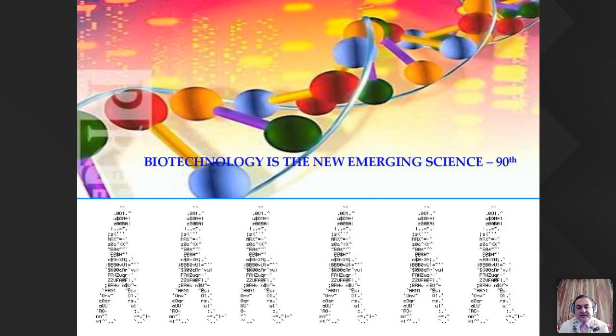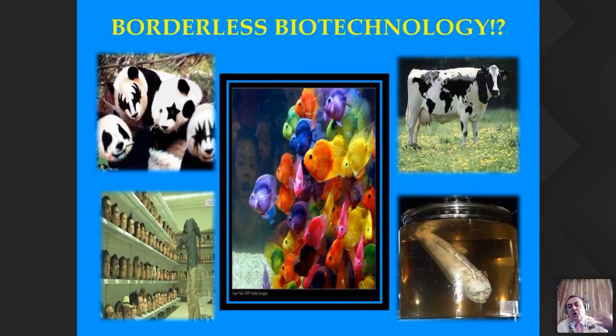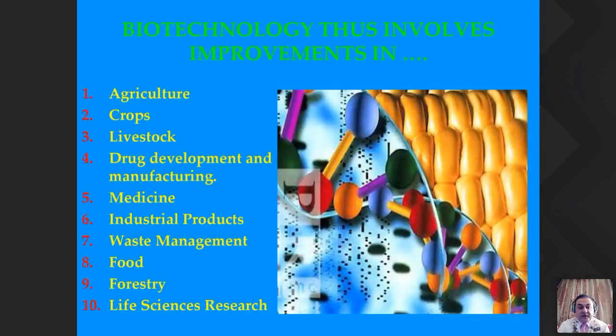Biotechnology is a new emerging science. It started in the 90s and it's growing, and that's why you will see so many things happening. Before, when I was a student, we were talking about when the world will be ready for messenger RNA vaccination, and apparently it happened in my lifetime. I see it now. We are adopting and accepting messenger RNA in our bodies as an outcome of biotechnology. Biotechnology is happening in every industry now, from agriculture to life sciences research. So there is a phenomenal future for the lab to learn from biotechnology, and I believe that